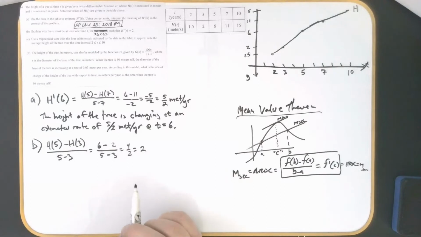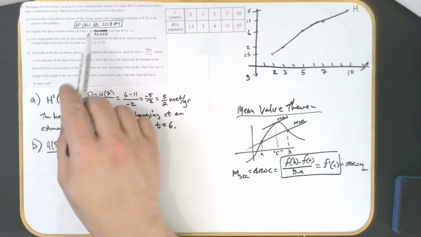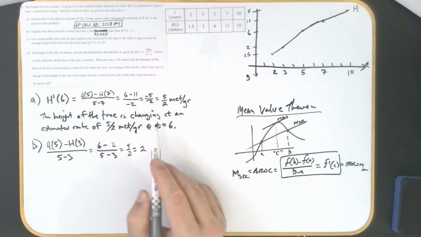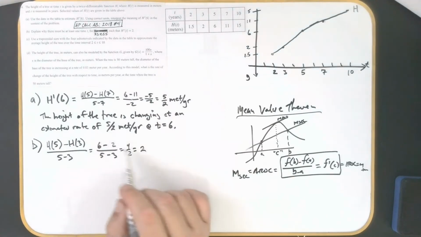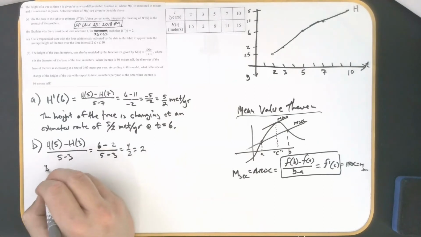Well, that's handy, because look at the question. It says explain why there must be at least one time t in the new interval where the derivative is equal to 2. Well, our average rate of change was 2. Our instantaneous rate of change is 2, so we've got it. Okay, so now that we've proven this, we can say the following. So our conclusion is,